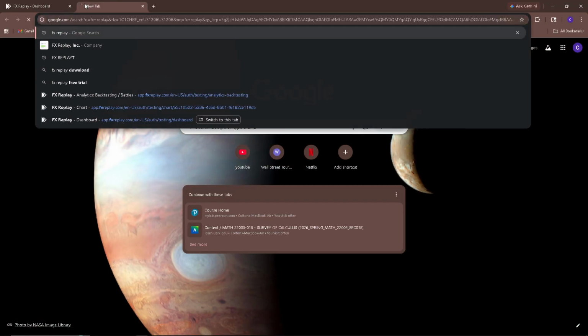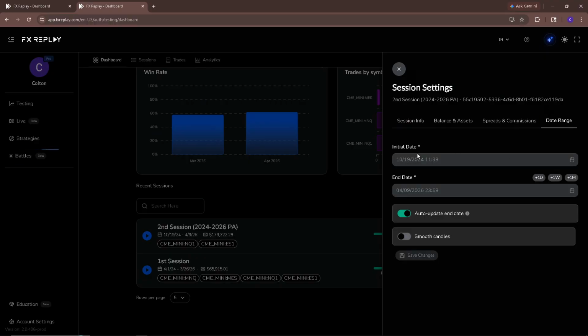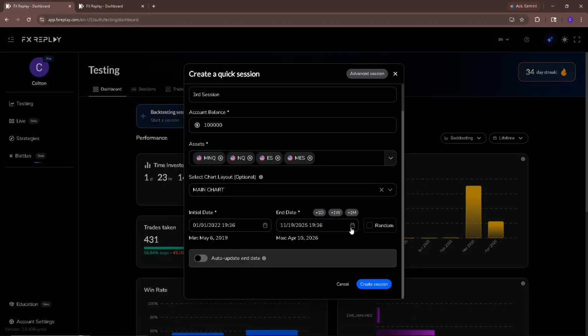I think this is the data that I'm looking for here. Make sure. Right, so we started 1019. Yeah. So I want to end on 10/19/2024.